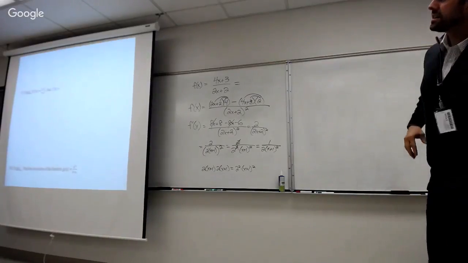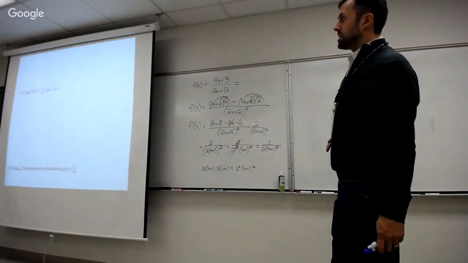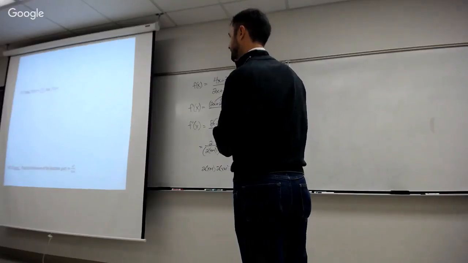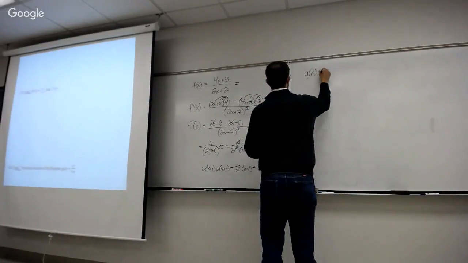So I think I'd like to leave number 17 for you. So you can just circle number 17. You can do that one on your own. So let's do number 18. Find the derivative of g of x equals